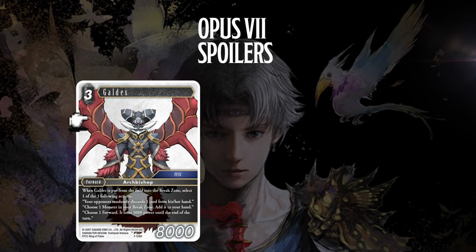Nice. Choose one monster in your break zone and add it to your hand. I love it. Choose one forward. It loses 5,000 power until the end of the turn. So this card has no downsides. It's a 3 AK. This is going to be good just to splash in any deck, just to give you a little more options. I think this card will see play